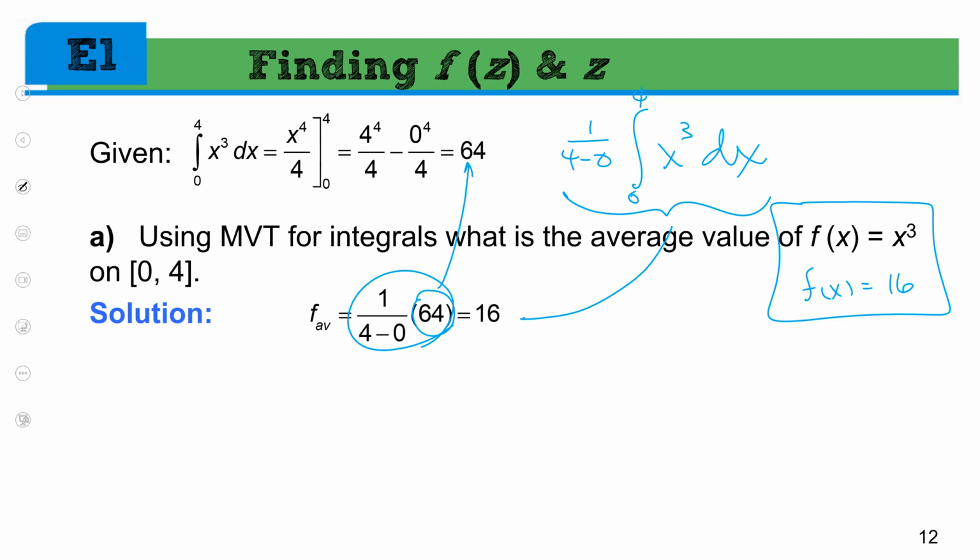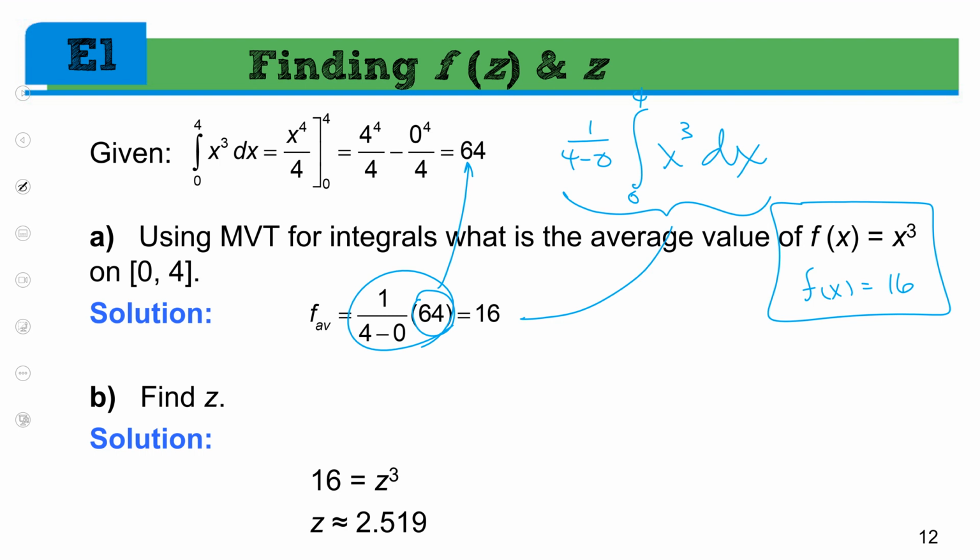Now, with your calculator, you could find the point of intersection, get it that way. If you're on Desmos, you could probably find a point of intersection also, but we want to be able to calculate this mathematically. How do we go backwards? If I know the y value is 16, and I know the function is x cubed, how do I find the x value? 16 equals x cubed. Bingo. 16 equals x cubed, which I have right there. So therefore, x is the cube root of 16, which is 2.519.